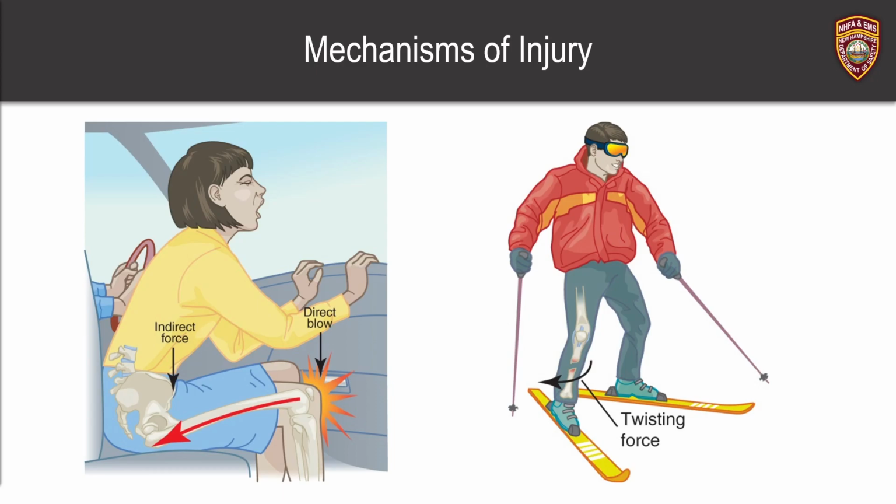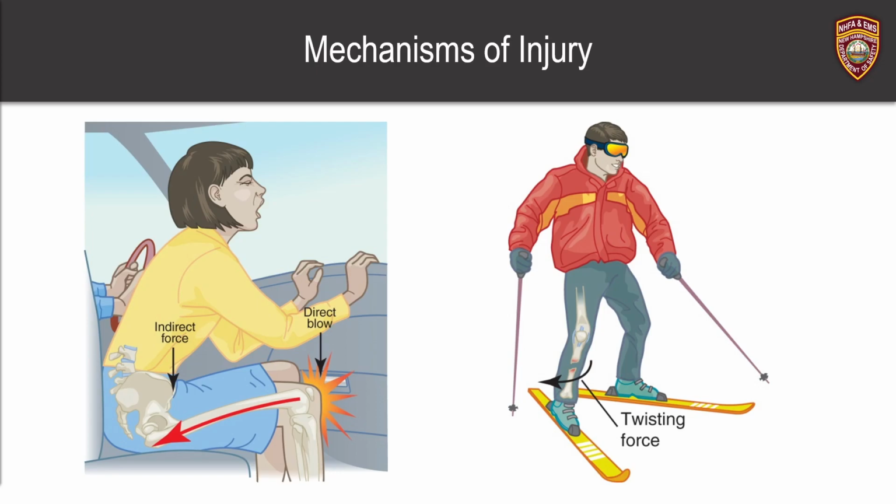All right, so let's talk about mechanisms of musculoskeletal injury. So you have to understand a variety of mechanisms of injury, or MOI. That is how injuries occur. So musculoskeletal injuries are caused by a few different types of MOI. So we have direct force, which is where something impacts you directly. We have indirect force, which is force being directed through our body and damage resulting internally from things that didn't